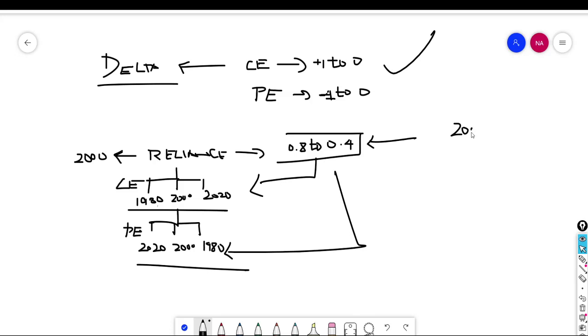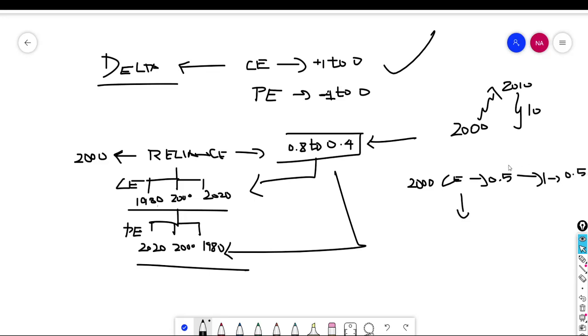For example, let's say the stock price is moving. The future stock price of Reliance is moving from 2000 to 2010, and you have chosen a strike price. Let's assume you have chosen a 2000 call option. For this 2000 call option, the delta, I'm just taking an approximate value, is 0.5. How much has the stock price moved? 10 points. So for every 1 point move in the future, the option will move 0.5 points because the delta is 0.5. That means for a 10-point move, the option will move 5 points.